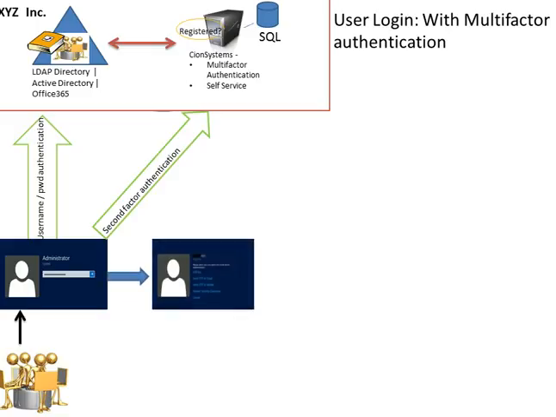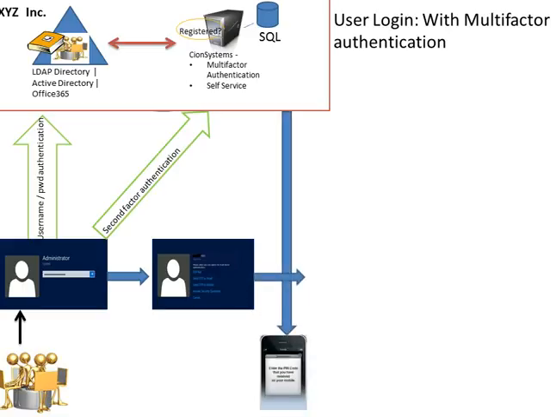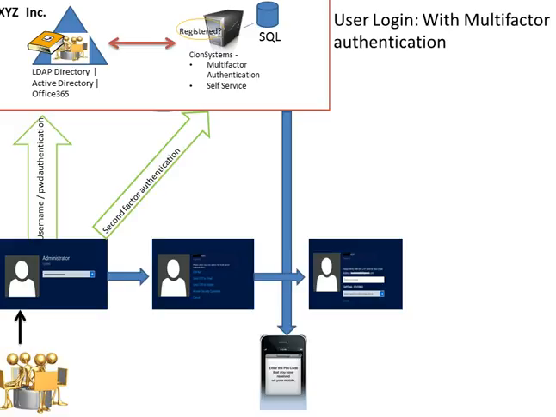the second factor authentication service sends a message back to the login machine and says, hey, which second factor would you like to use? In our case, let's use mobile. So the user chooses one-time password over mobile. The multi-factor authentication service, through the SMS gateway, sends a one-time password PIN to your mobile that the user enters in the following screen,